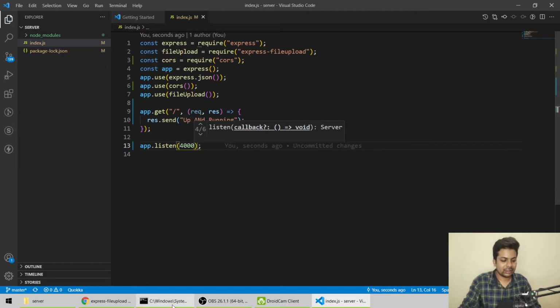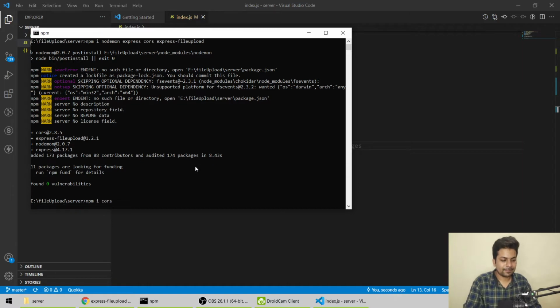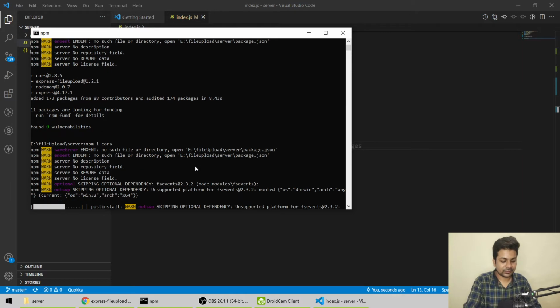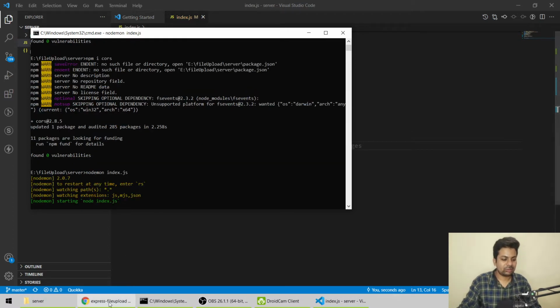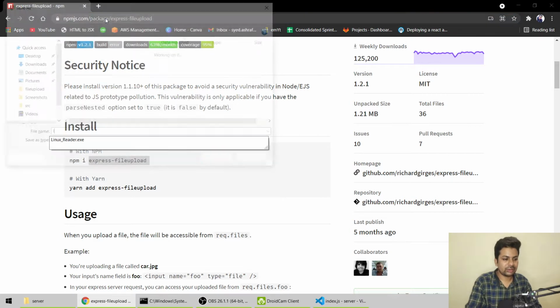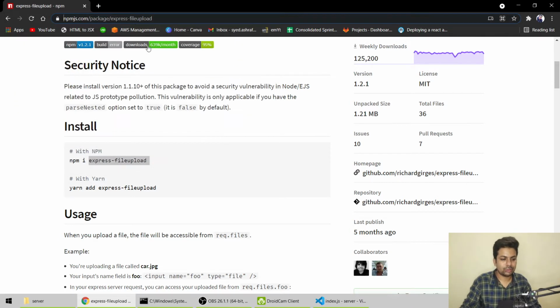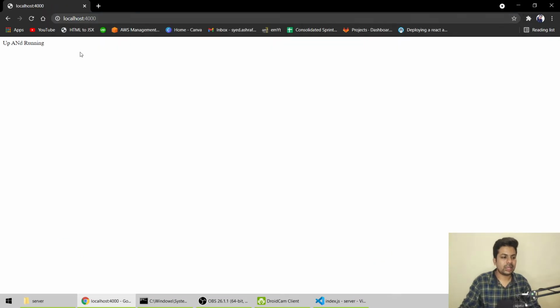Now install cors, then run nodemon index.js. Everything is running. Let's check localhost:4000. Yes, up and running.